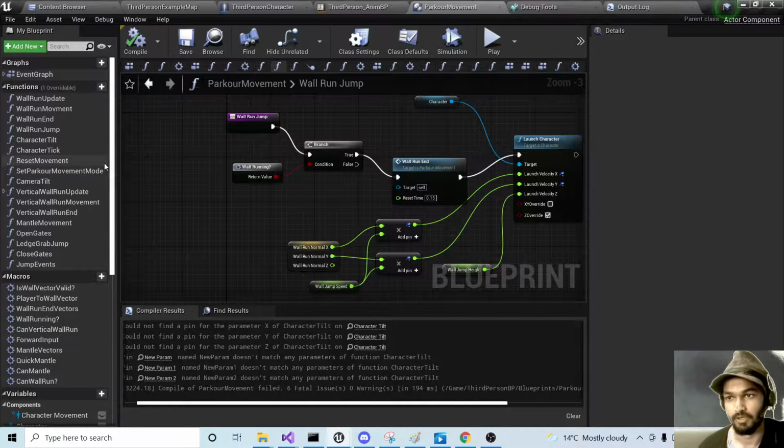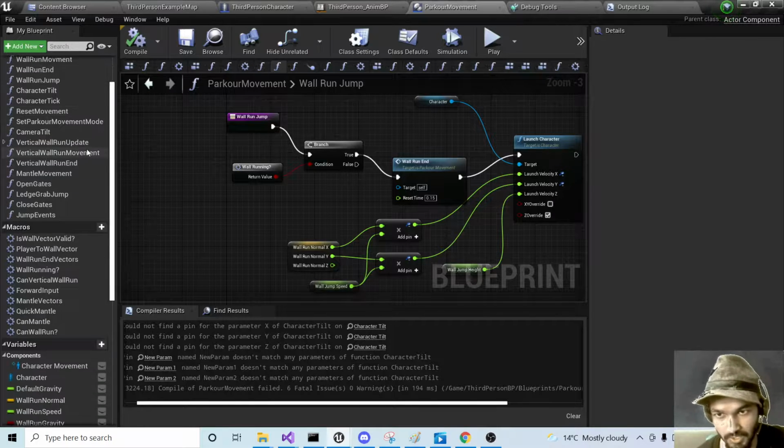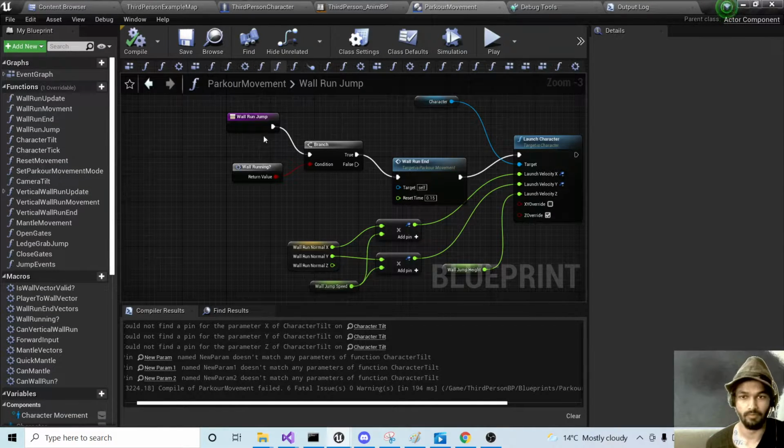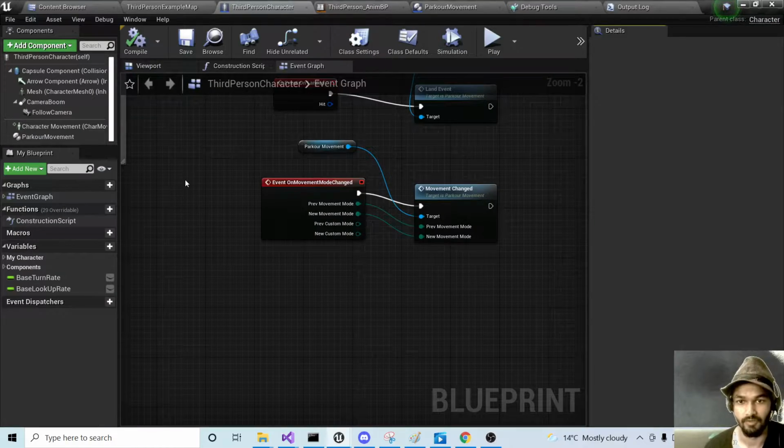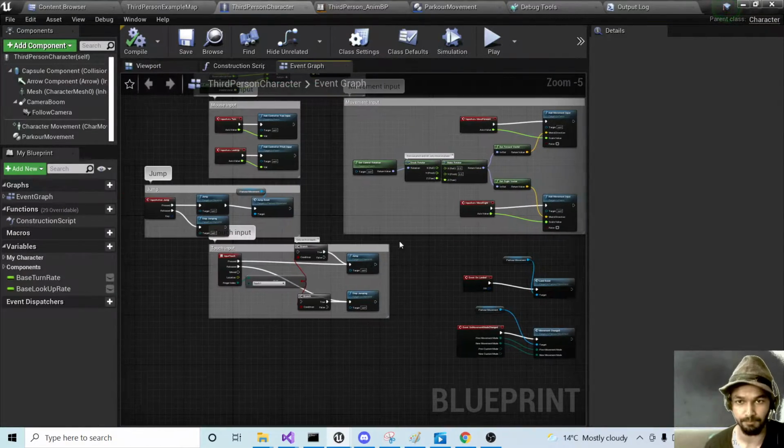So in this video I'm going to be going through the wall running, vertical wall running, ledge grab and mantle functionalities. So if I come into my third person blueprint,